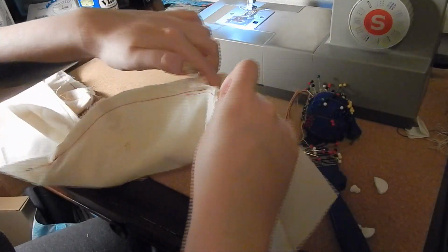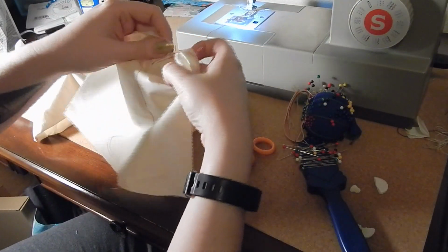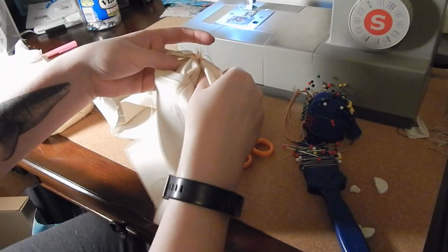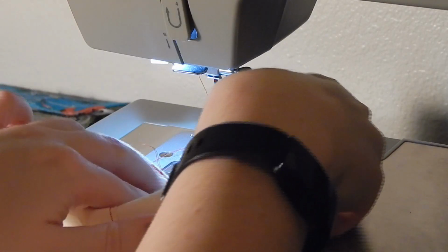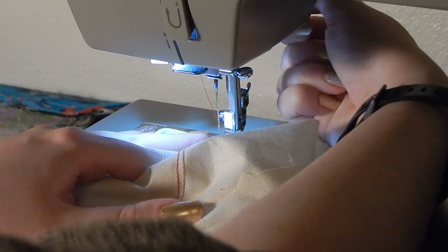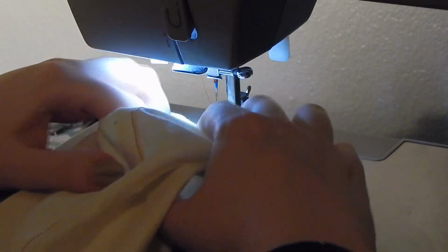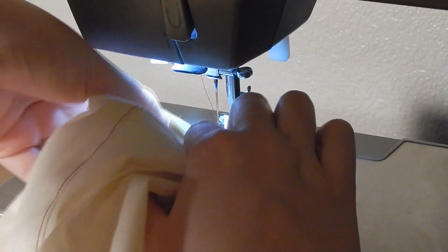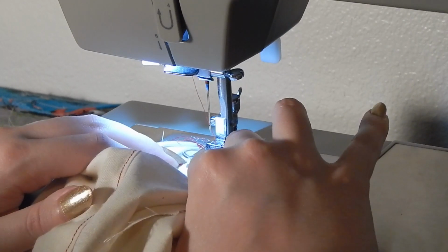So I'm just going to do my best to do it again on this side, but I found that it was easier to come at it from the side with the seam allowance underneath, and I was able to get all of this all the way through, but I did have to fiddle with it a lot. So I have my seam allowance going that way, and I'm just gonna start here. I'm gonna do this a little bit further over, and maybe that'll help me not mess this up. I'm just gonna pull this seam taut, make sure the seam allowance is still going the correct way, and just a couple of stitches at a time